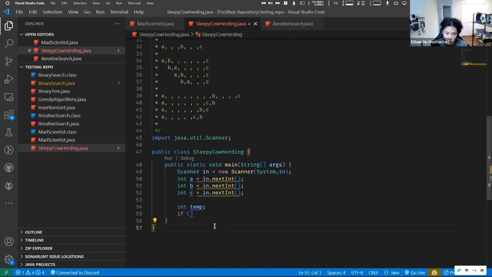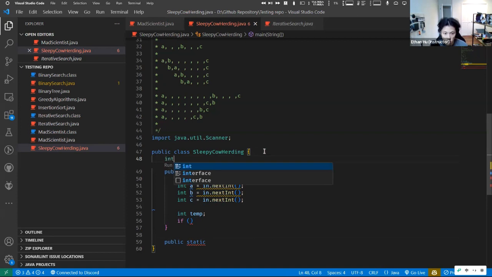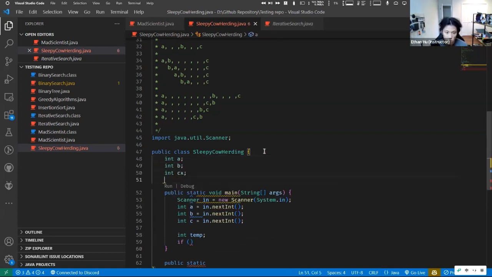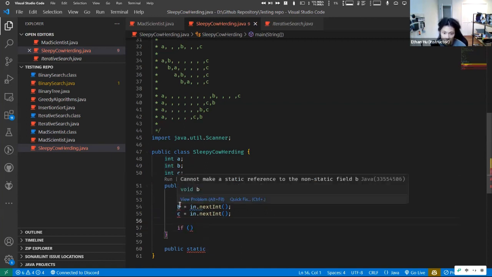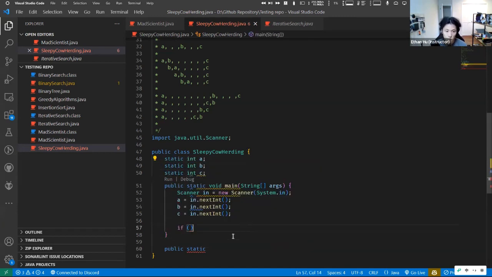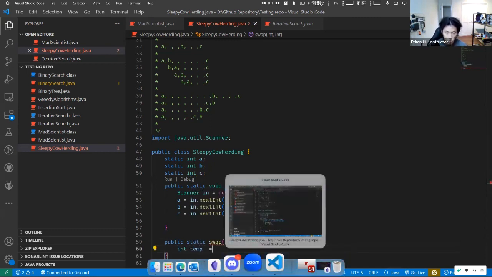we could actually just write a little helper method over here, public static. We'll move this into int A, int B, int C. So in that case, we could manipulate this within the other function. Of course, these will be removed. Temp no longer exists. Static. And then public static swap int x, y, just so we don't mess them up. Int temp equals